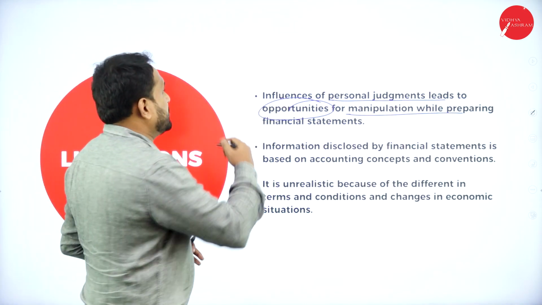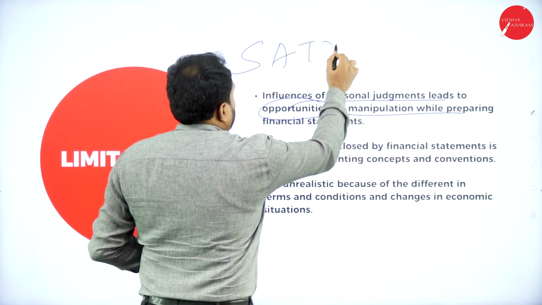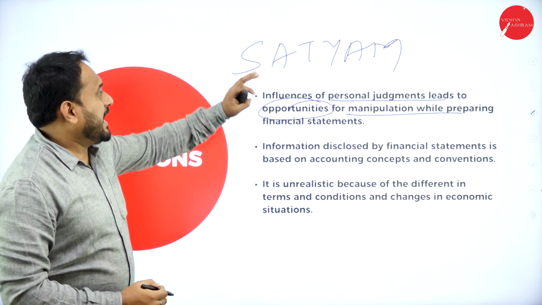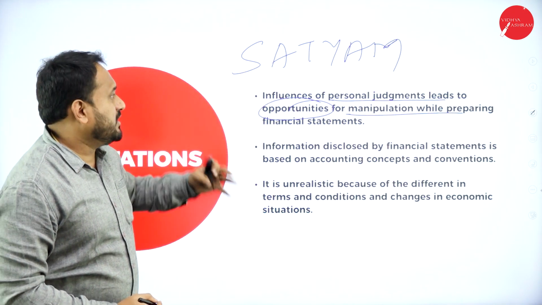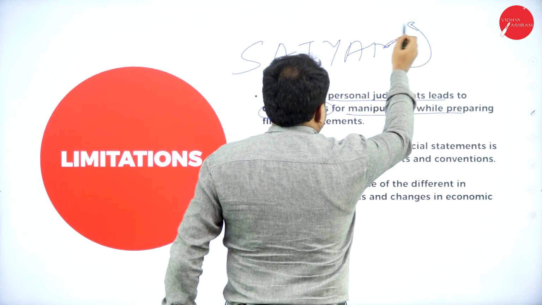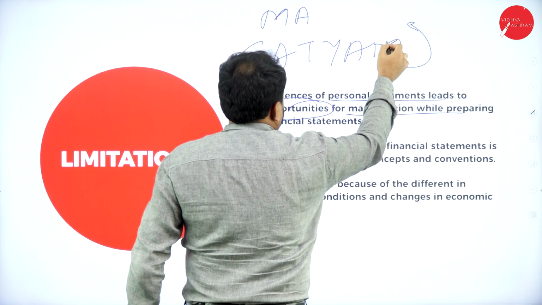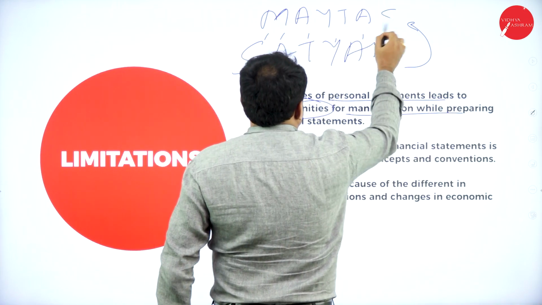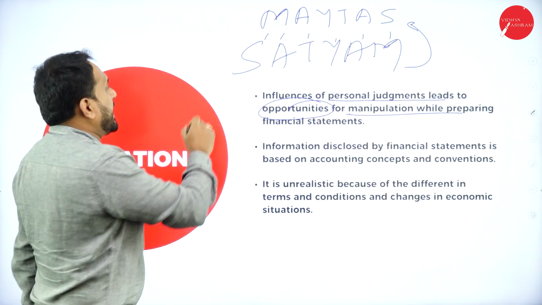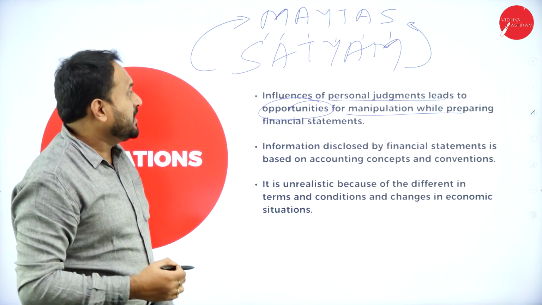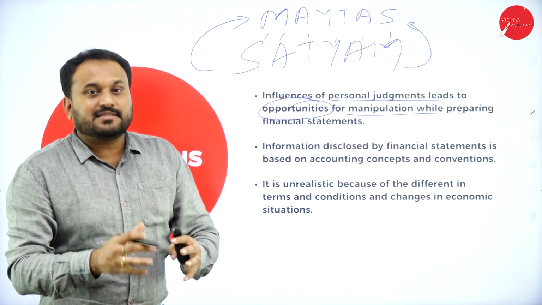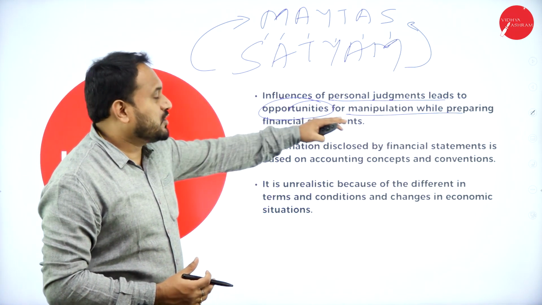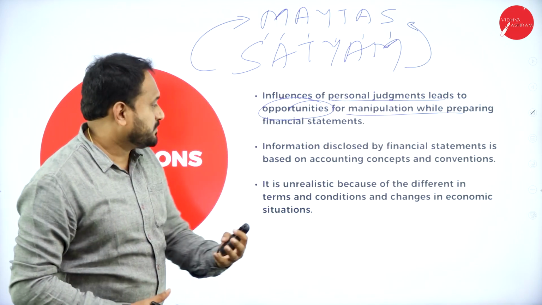Even the example which I tell, that is Satyam. There was a company called Satyam and a person Ramalingam who started this. When Satyam was in a scam, the reverse of Satyam, M-A-Y-T-A-S, Maytas, where his son was there. Whatever money Satyam had used to go to Maytas. And later Satyam's CEO Ramalingam said, I don't have money, and the entire share market collapsed. The reason is the financial statement where manipulation happened more.